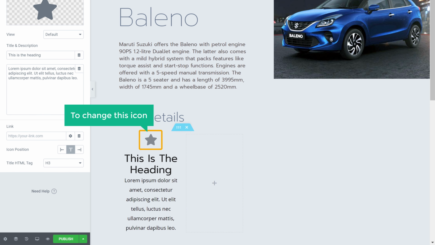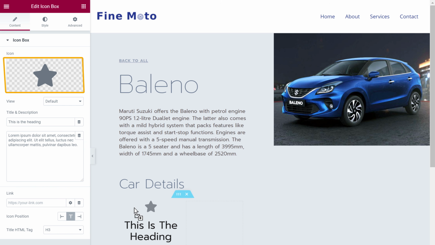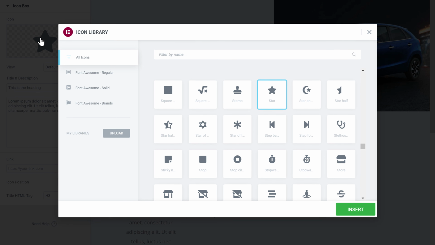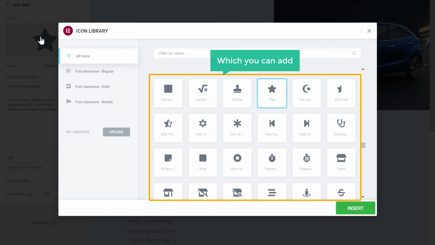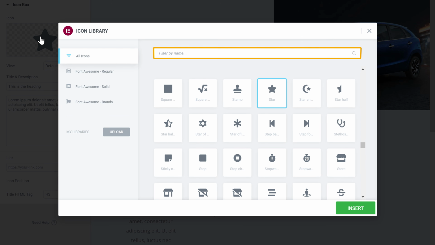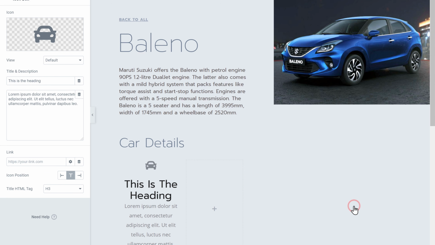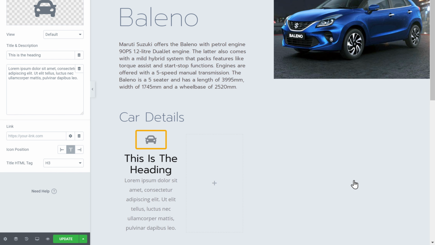Now to change this icon, just click here and you will get different icons which you can add. Now here, search for the icon you want. I am going to search for car and you will get these icons. Select the one you want and then click insert. Now as you can see, our icon has been changed.